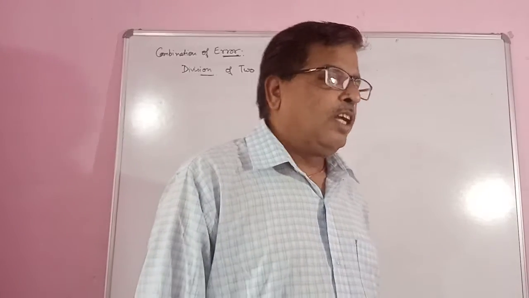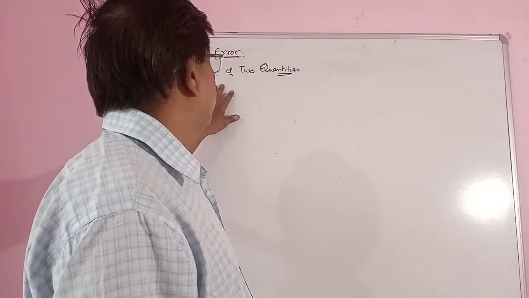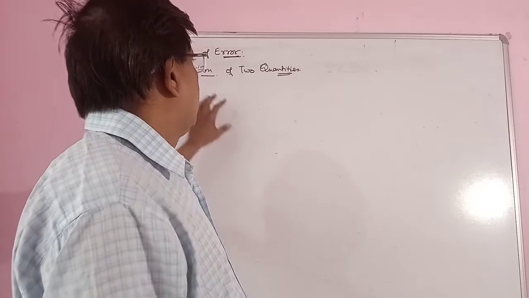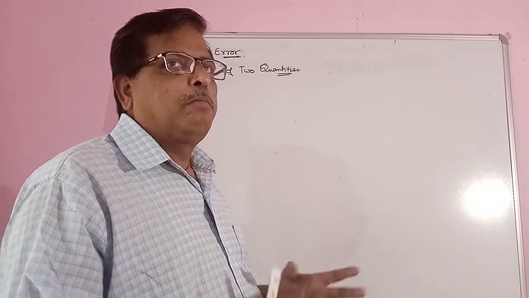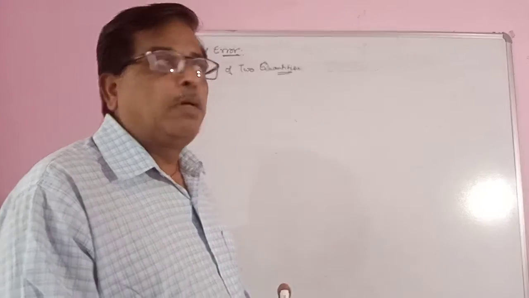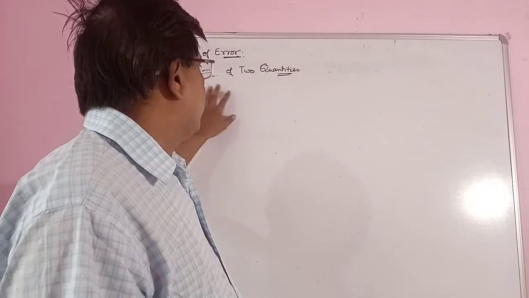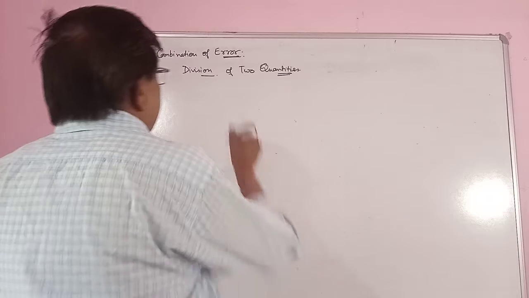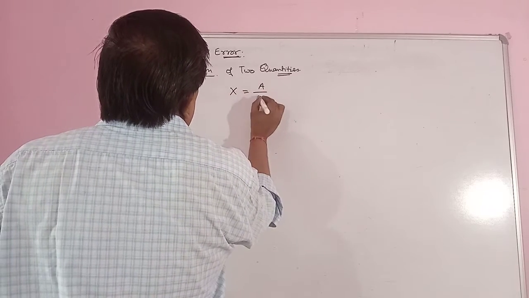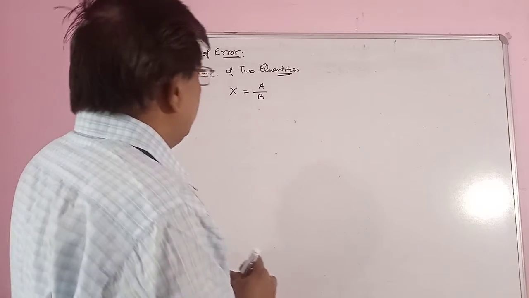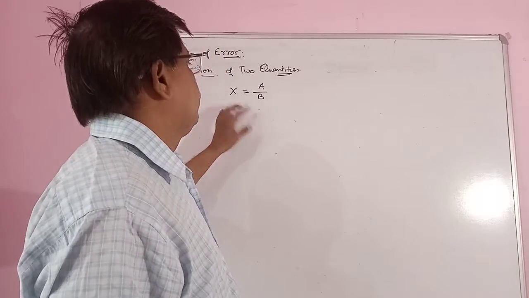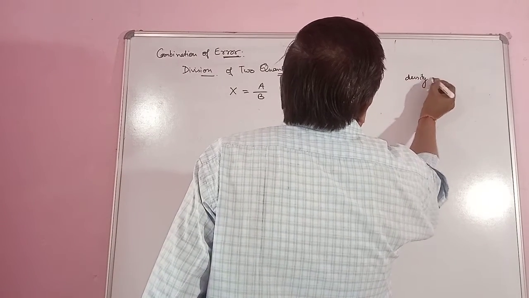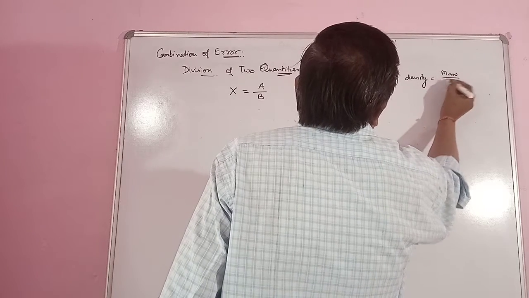So students, in the previous lecture, we discussed the net effect of error when two or more quantities are multiplied. In the same way, we can calculate the effect if two quantities are related as x equal to a upon b, which is the quotient form, or division. For example, the formula of density is